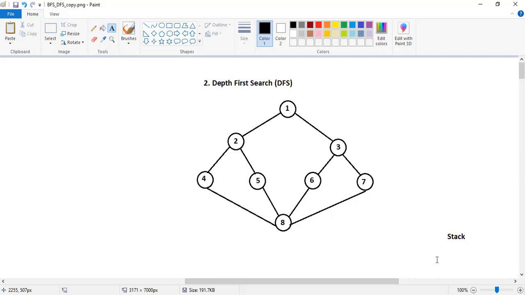But in the depth first search, we start from one particular vertex. In this case, vertex 1 is the first one. From 1, we try to find its adjacent vertices. Here, there are 2 adjacent vertices: vertex 2 and vertex 3. Now I will select vertex 2. That is, I try to determine whether there exists a path from vertex 1 to vertex 2. Yes, there exists a path.